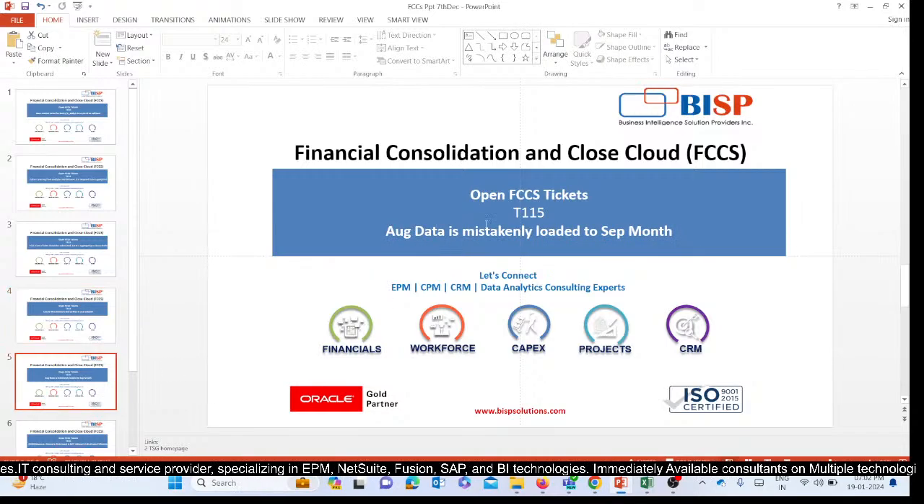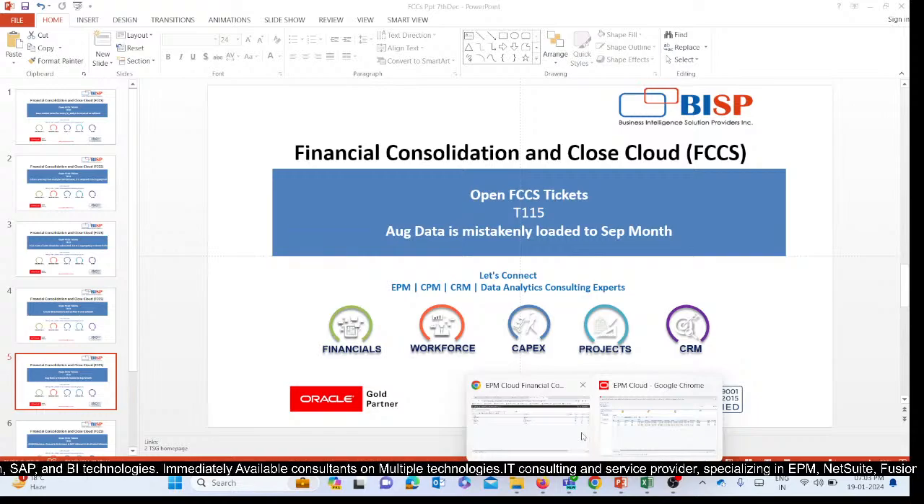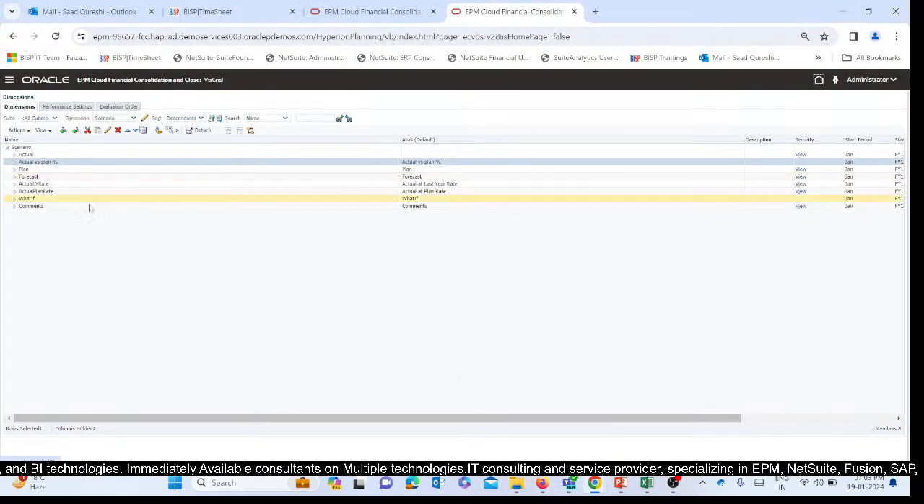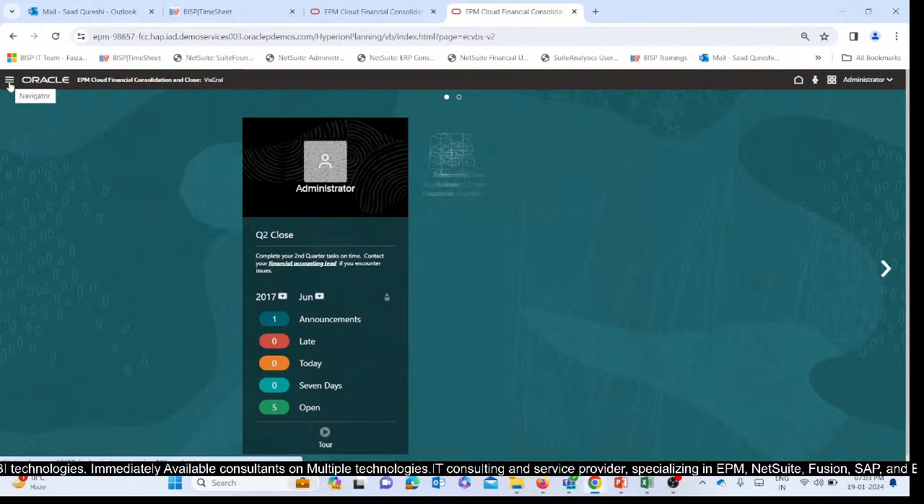Another ticket is T115. It says August data is mistakenly loaded to September month. So someone might have loaded the August data into the September month. This causes a great problem, so we need to correct this data which has been loaded. We need to clear that data. In our application there is a feature from which we can clear the data. You need to go to overview,